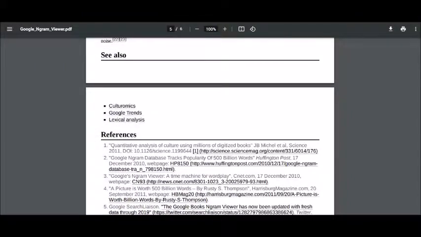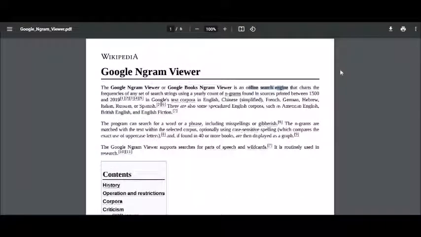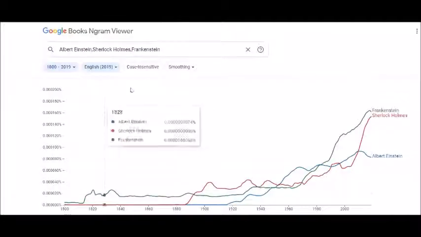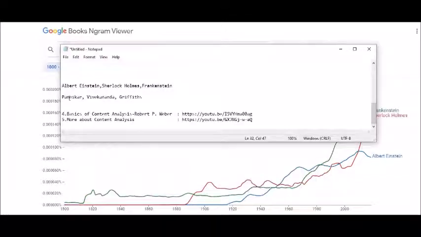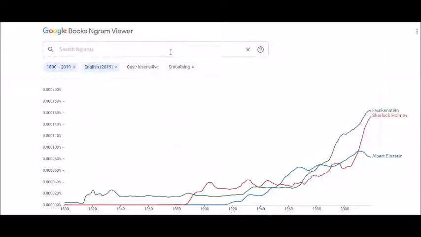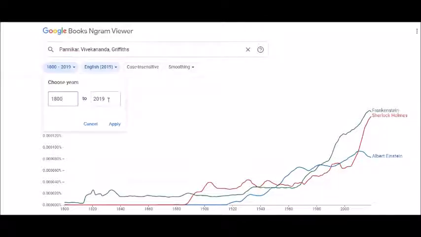Now I haven't yet showcased to you the OCR analysis. In Python it is done very easily. Same goes with R also. If you know a little bit, you can definitely go ahead and do a lot of it. Now I don't know why the data has been criticized for reliance upon inaccurate OCR. However, when we are doing it in R or Python, we do not get any inaccuracies. I don't know how the optical character recognition issues are coming in with Google Ngram. I'll have to look into it in detail.